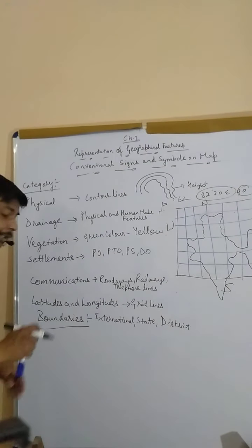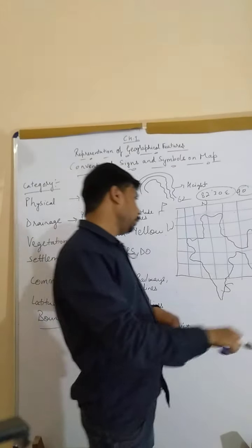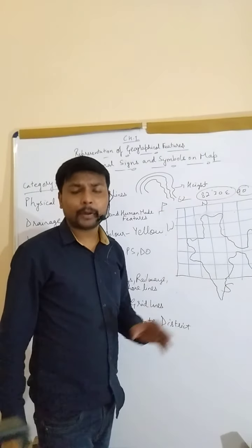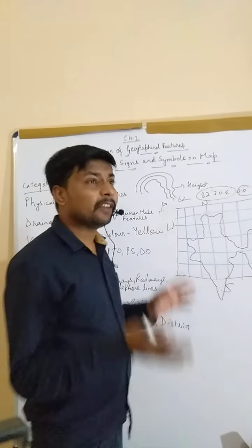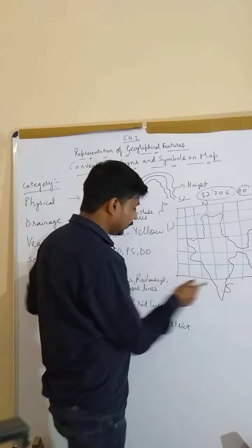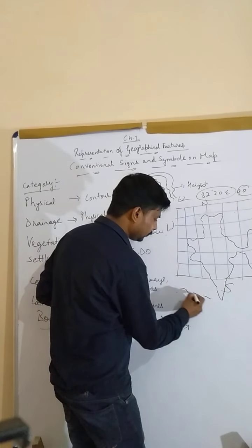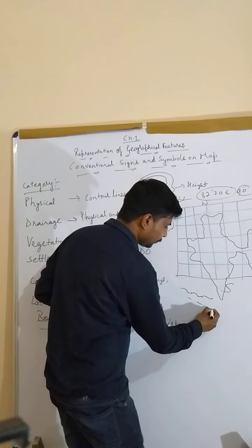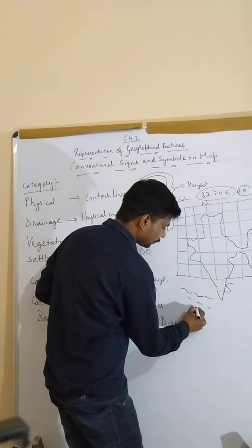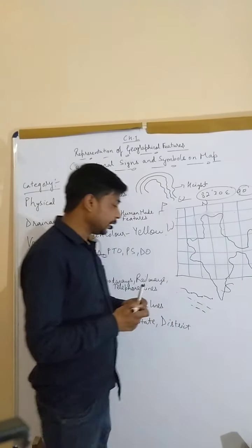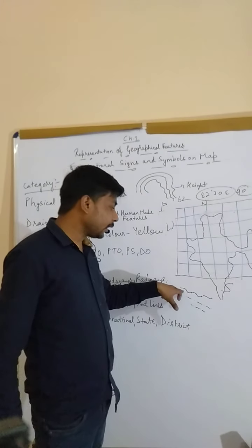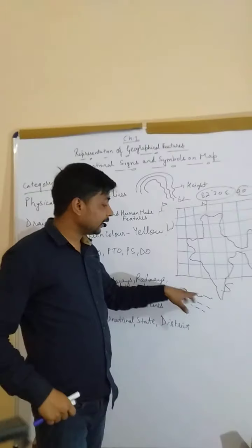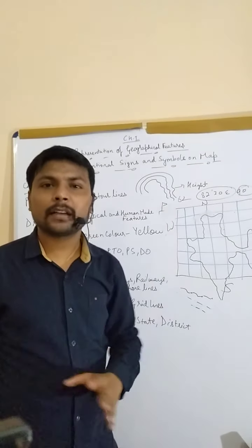Next we have boundaries. Yes, it is an important tool. While reading a map, you should know about the boundaries in a map. Different boundaries are made with different symbols. The boundary symbol is like this, and it has dots in between. So we have these three types of boundaries. If it is made with dark black color, and it is a longer one, that means it is an international boundary, right?